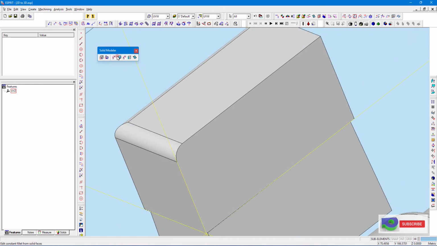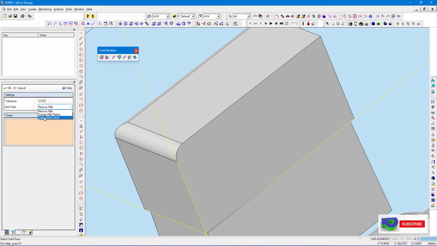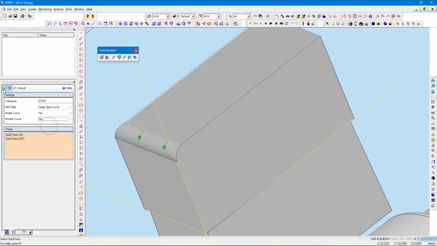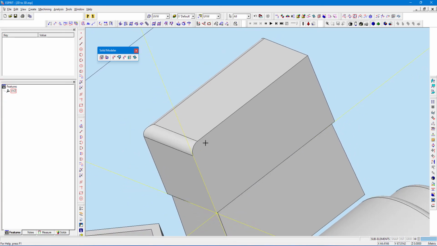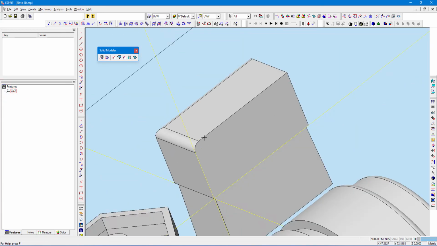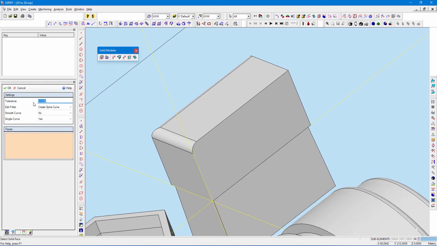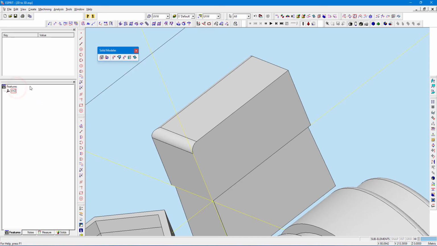And there is another option, which is you can also create spline face, spline curve. We want to select the curve. Okay, and you have to mention smooth curve. Yes, see that if any curves are available in this, they will be smoothed. And the next option, that's it, yeah. In this, the edit fillet, there are the options. So next there is a chamfer.